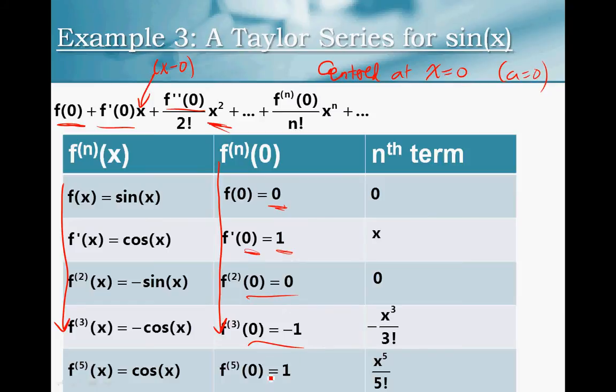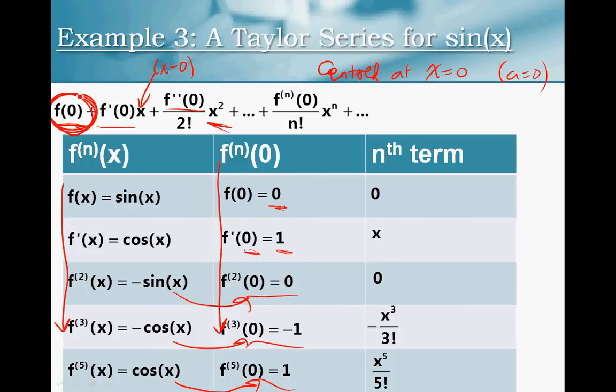I get all these. So the first derivative at 0 is 1. The second derivative at 0 is 0. Just plugging in 0 into these expressions and figuring out what I get. And then to figure out what the nth term in your Taylor series is,